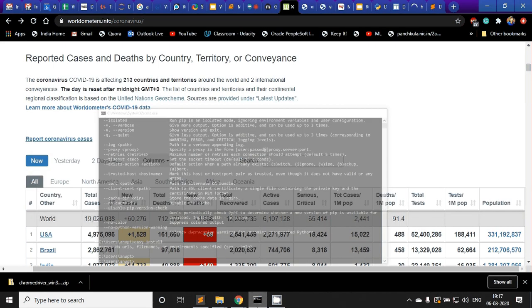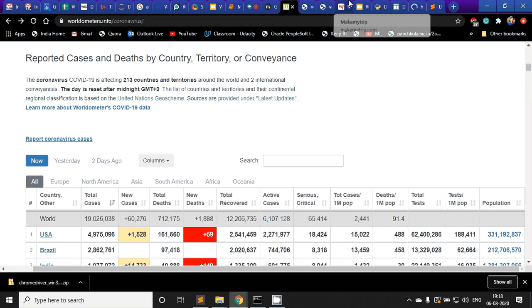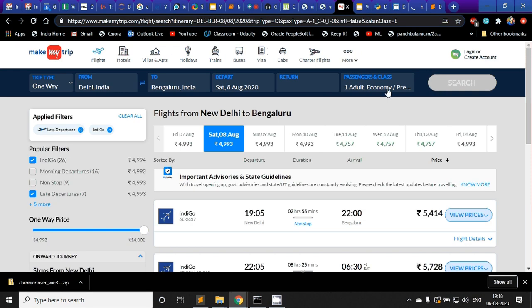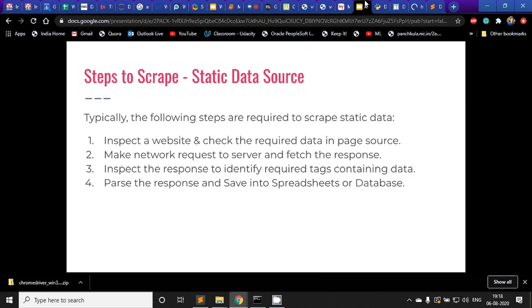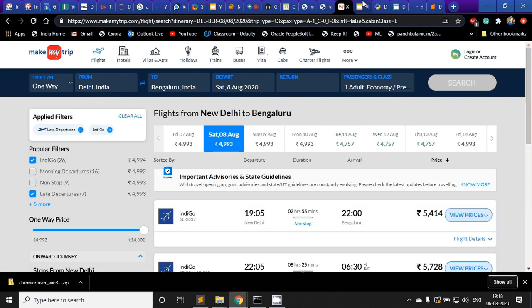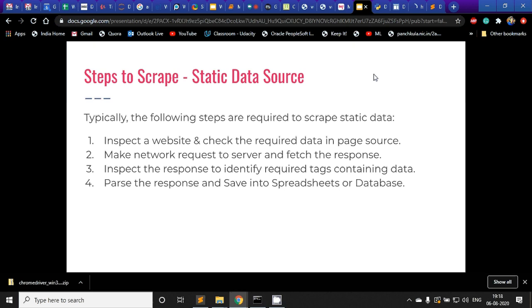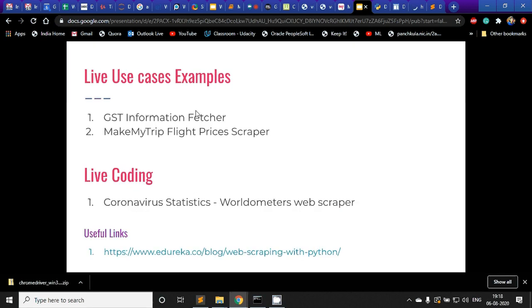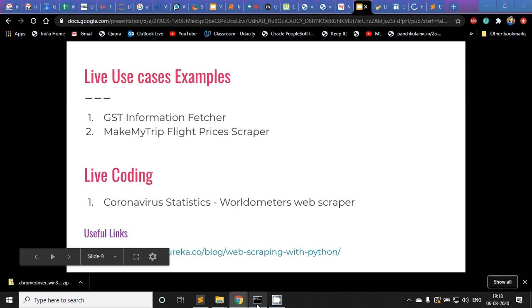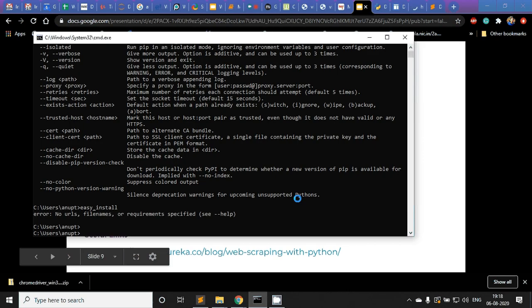Okay, so we can see live how we would scrape data. Let's go to some examples: the MakeMyTrip flight prices scraper. So let's see how this runs and what a web scraper simply does.